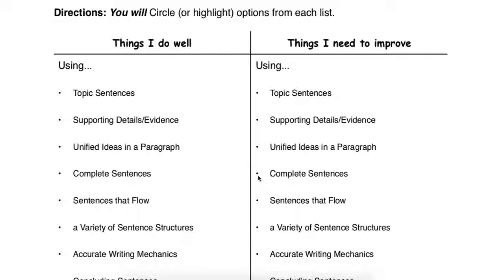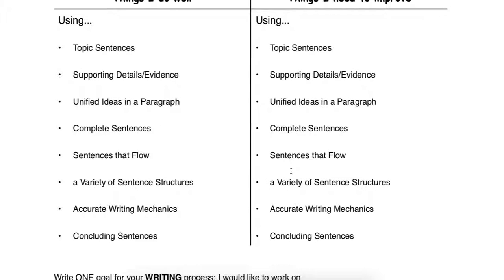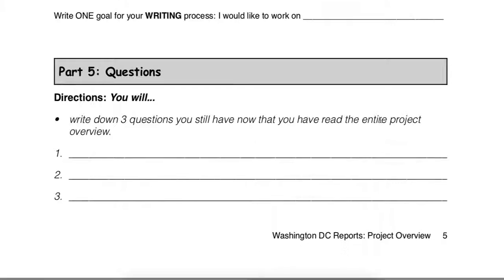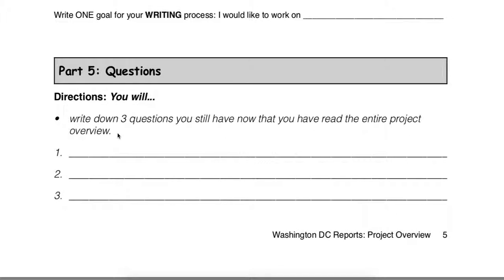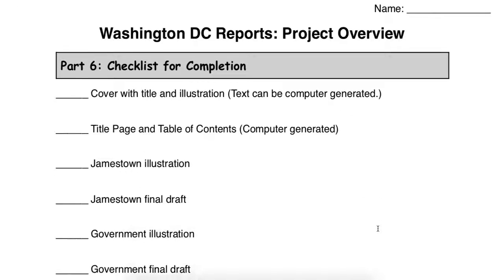Writing goals you will also do as we approach the writing phase. You're going to look at this and think of your strengths and weaknesses, and then you're going to be writing down on this line one thing you really want to work on, and then you and I work together to work on that skill. Finally, if at the end of this you have questions, write your biggest questions here, your big 3 questions, so that we can address those as a whole class. So I can answer some questions in class. But you also might have questions all along the margins as we're going through this.